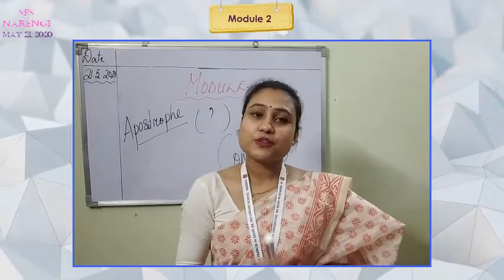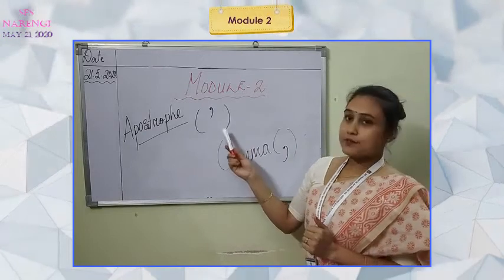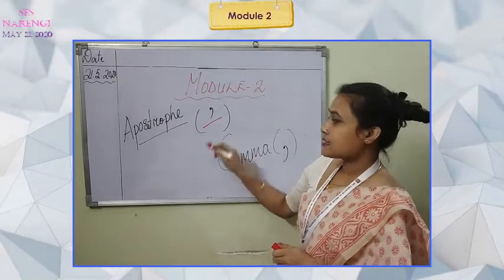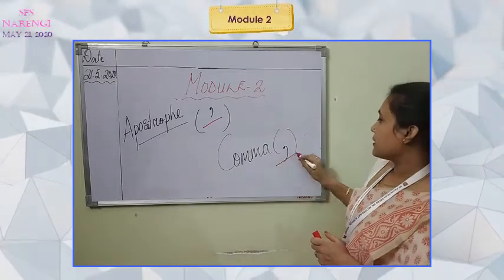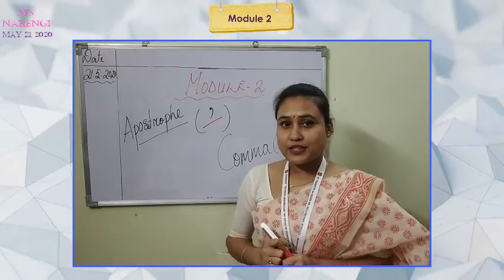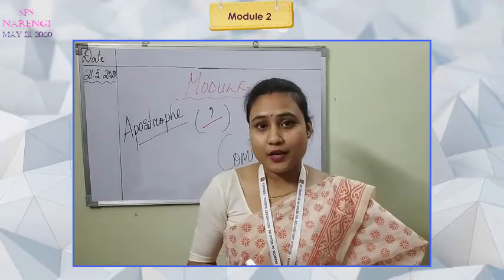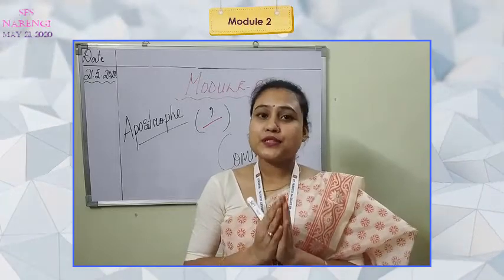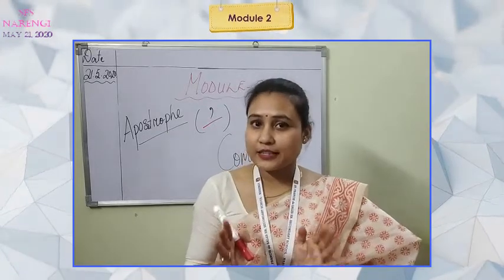So now come to apostrophe. Behind me you can see the symbols I have drawn here. One is apostrophe. And down to that I have written comma. And the symbol is this. A few minutes back we did comma. I told you what is the function of a comma. Yes, comma helps us to separate words or sentences. Got it clear, everyone?